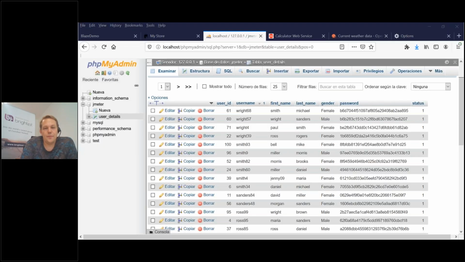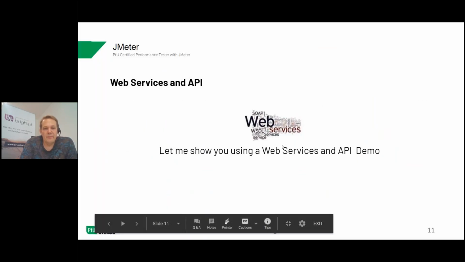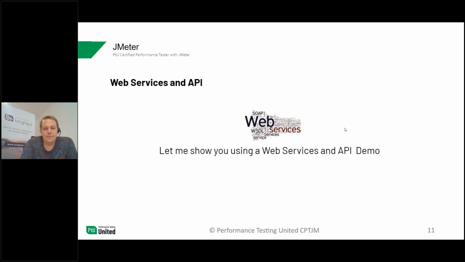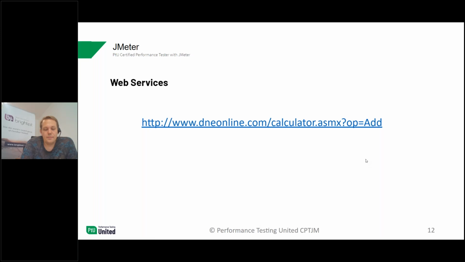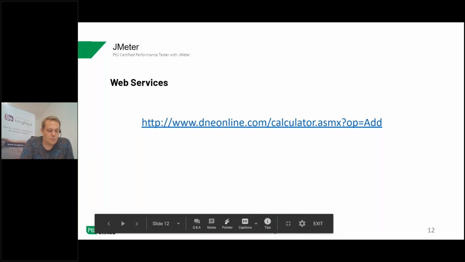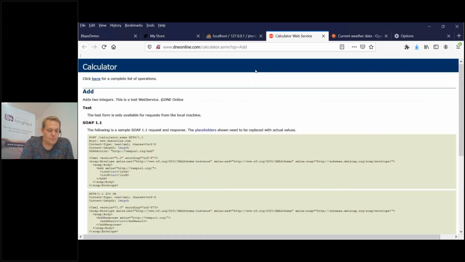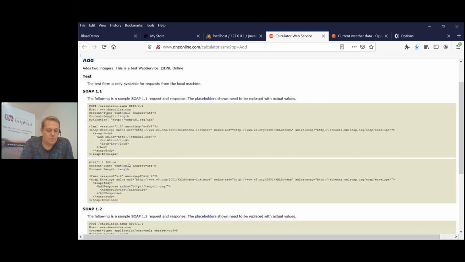So now let me show you a demo for the web service and API. I have a real web service. In that case, this web service is to add two integer numbers. It's very simple. For example, this is the web service. That web service is used to add two integer numbers. So this is the content of my web service. So here in JMeter,